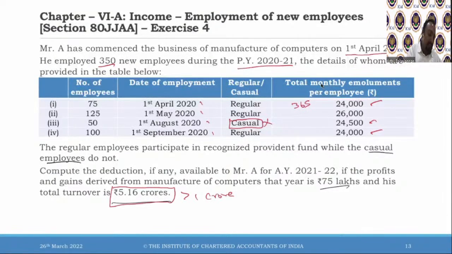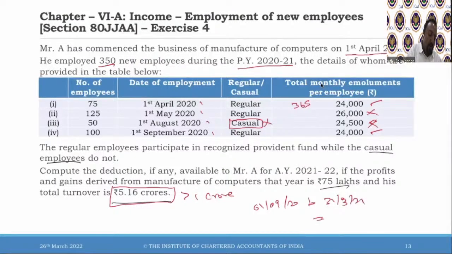The first category, regular, is covered. The second category, regular, is not covered because it is more than 25,000. The third category is not covered because it is a casual employee. The fourth category we are talking about is from 1st September 2020 to